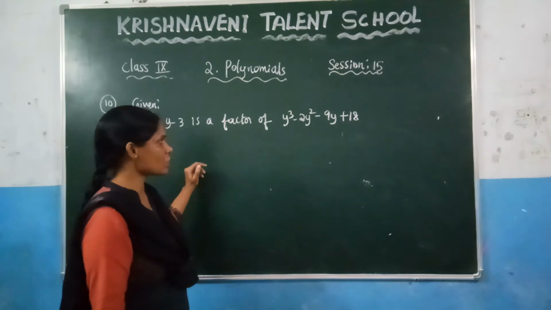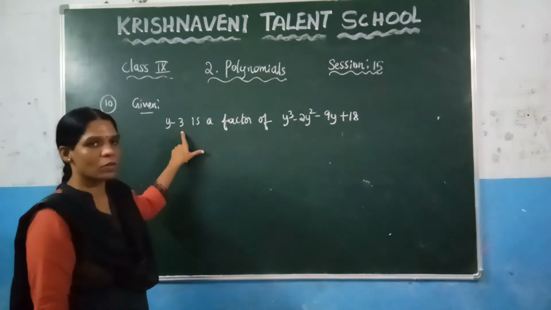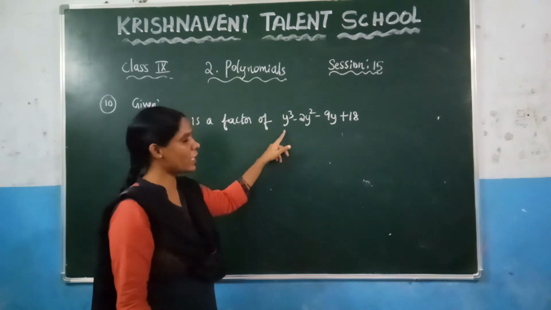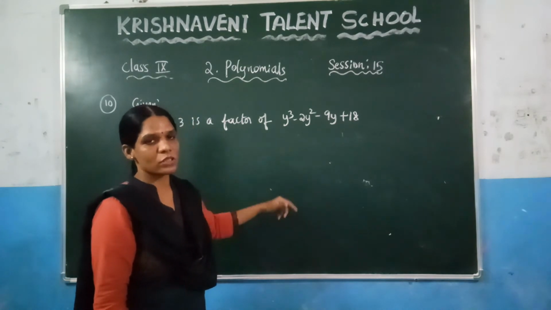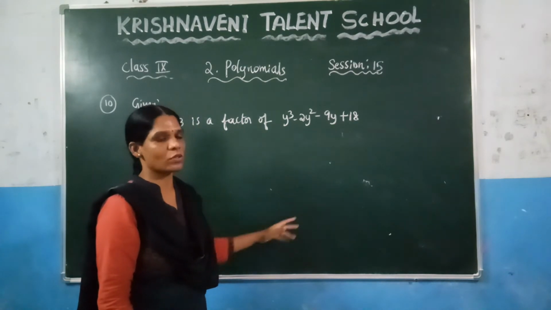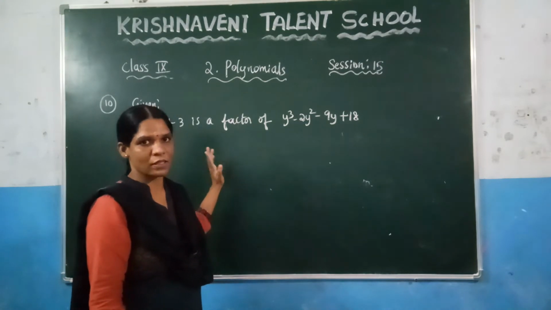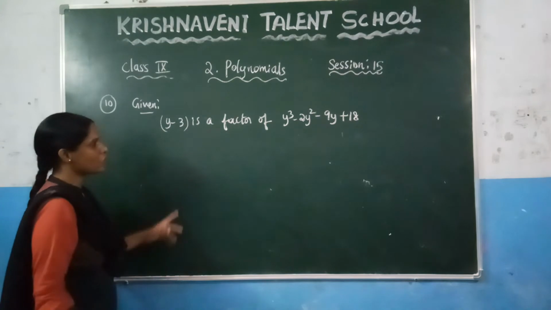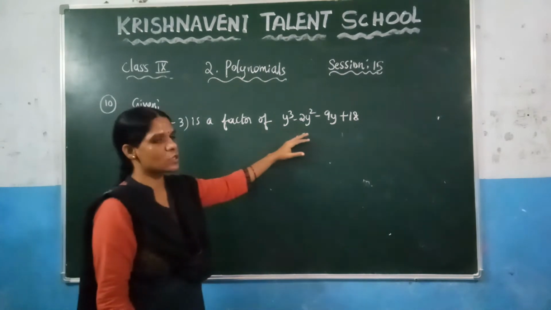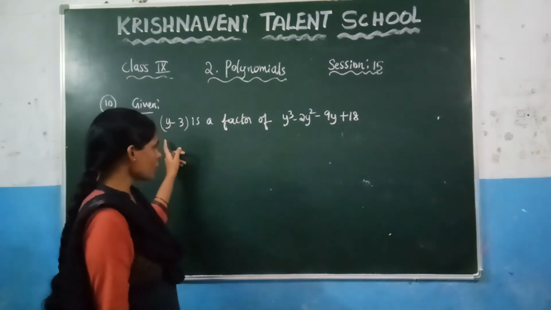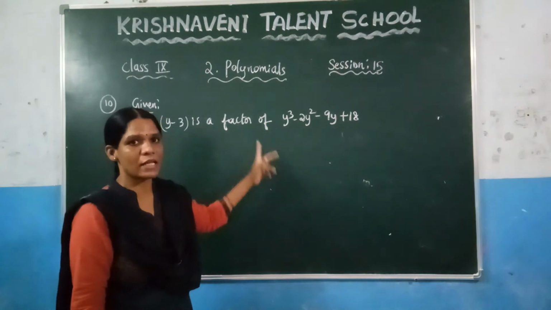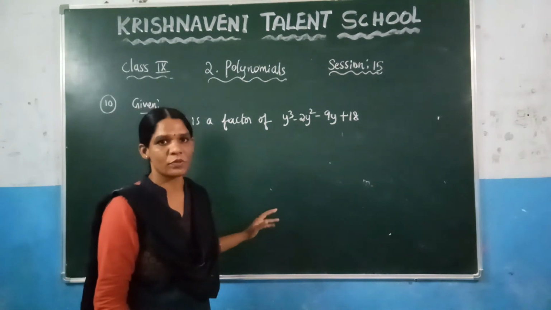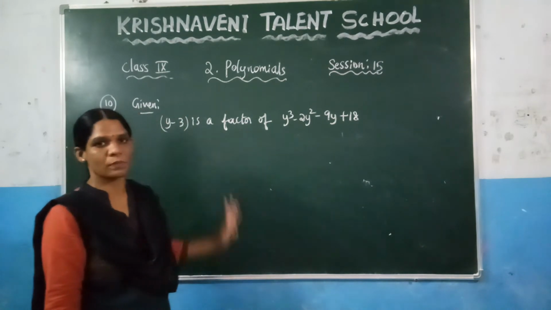In the questions we solved before, we didn't know even one factor of the polynomial. In that case, we substituted different values in place of y, so that we got the result as 0. So by the factor theorem we got one factor. But in this problem they have already given one factor. They said that y minus 3 is a factor of this polynomial. Indirectly, they are saying that if you divide these two polynomials, you have to get the remainder as 0. That is nothing but the factor.